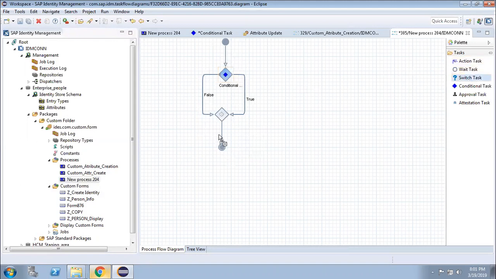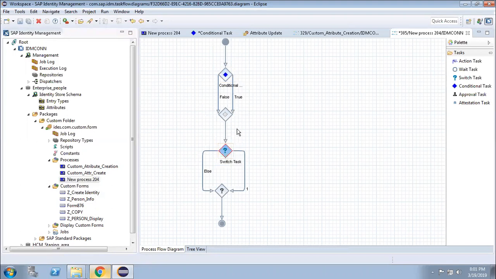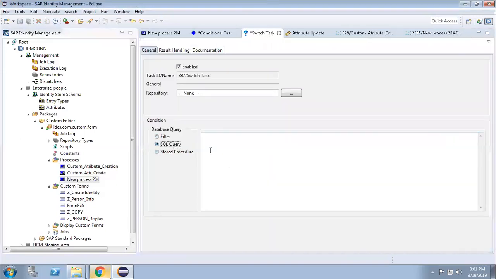If you have a switch task, the switch task is almost similar to the conditional task, but the only difference is that the switch task can have multiple paths added. The conditional task has only true or false, but the switch task has multiple paths to follow. For example, suppose based on your company code you are doing some activity.